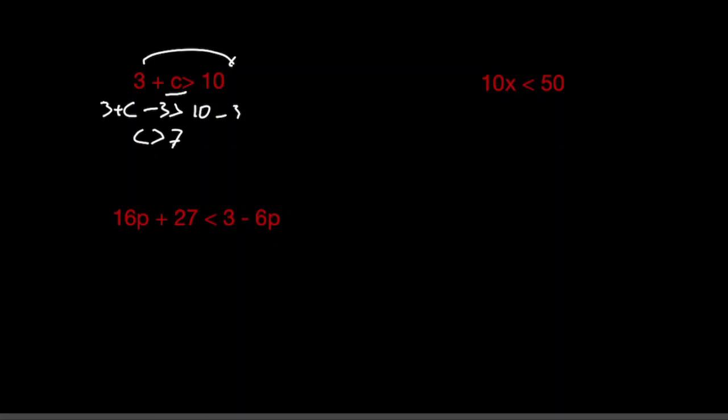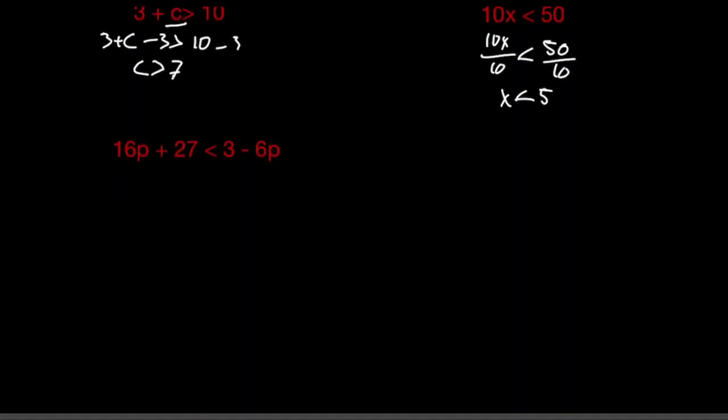Moving on to the next one, we have 10x is less than 50. So it's 10 multiplied by x. We're going to divide by 10 on each side. So we get 10x over 10 is less than 50 over 10. When we simplify this, we get x is less than 5. Okay, for this last one right here,